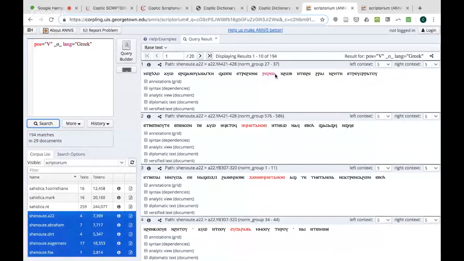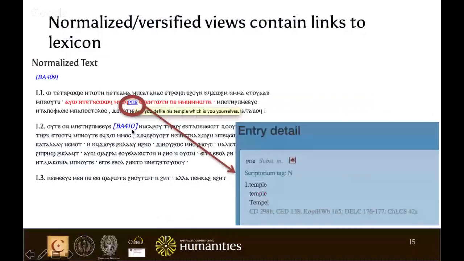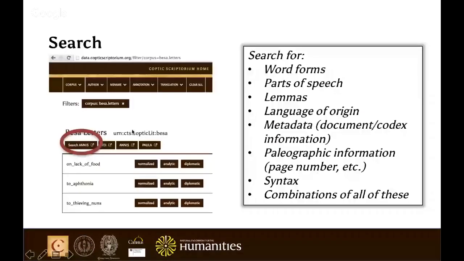And you can get a whole list. You can download the hits. You can do a frequency analysis. I won't go through that right now because it's more detail than you need. But those are the kinds of things you can do. You can do very simple searches for words, or you can add different annotations together. So to just review, the annotations that you can search for are word forms. You can search for parts of speech, nouns, verbs, prepositions,